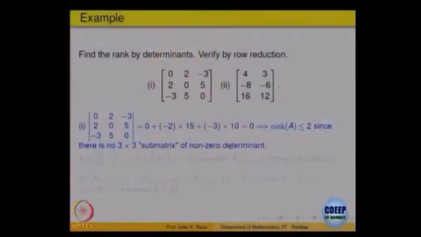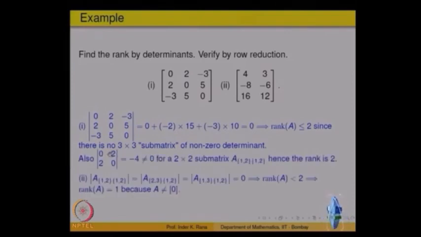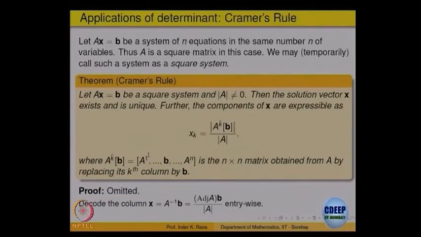So, I think we do not have much to say about determinants. An example is there. For example, for this matrix, its determinant comes out 0, but the rank is 2, since there is a sub matrix 0 2 2 0. This 2 by 2 matrix has determinant not equal to 0, the determinant is minus 4. So, rank of this matrix is equal to 2. That is another way of saying the rank.